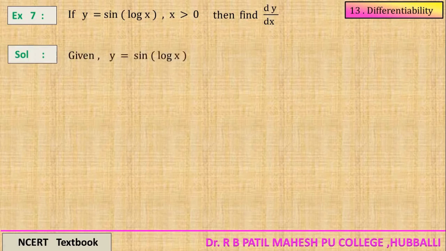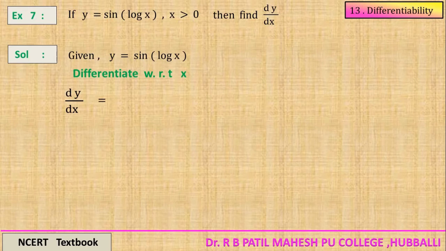First you write the given function y is equal to sine log x. I differentiate with respect to x. Look here, students, this is sine log x, which means a trigonometric composite function. It is a sine function, but it is not the x variable, it is the log x variable. That means a function is the variable, therefore it is a composite function. You studied this in the composite concept.